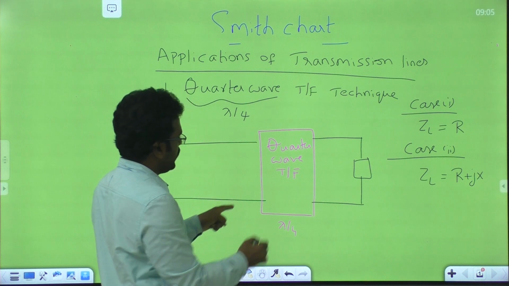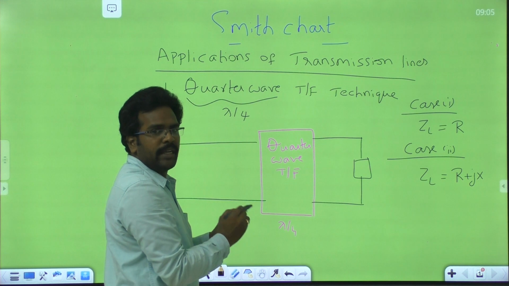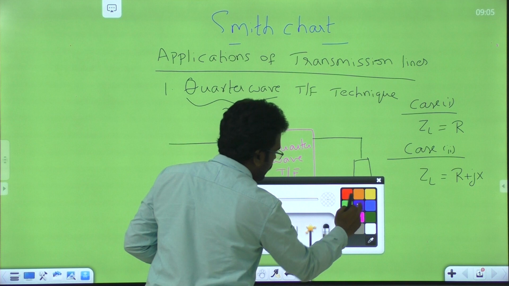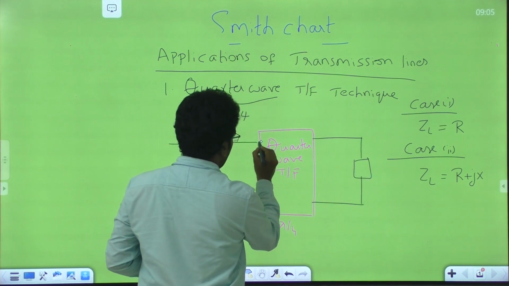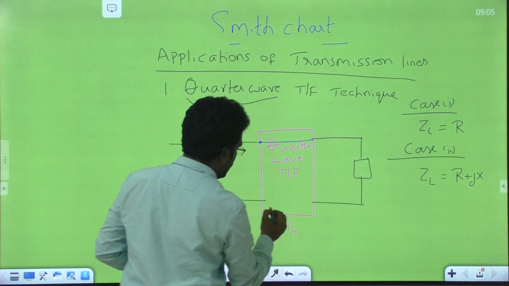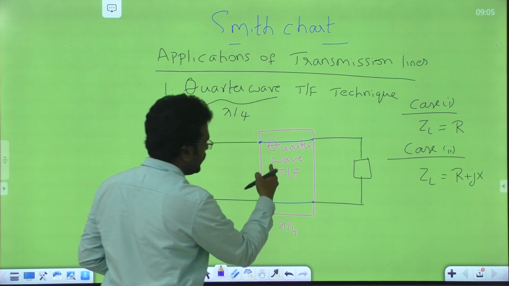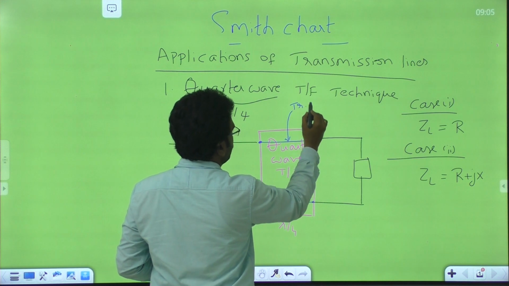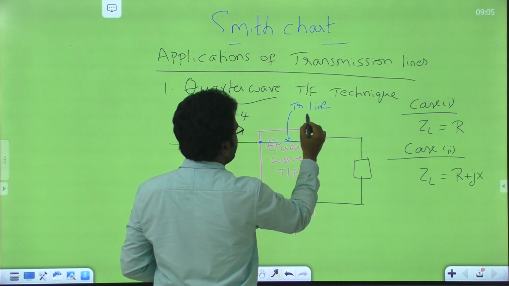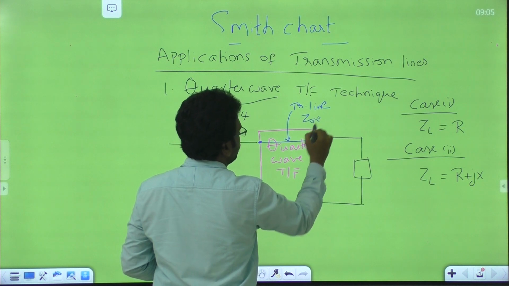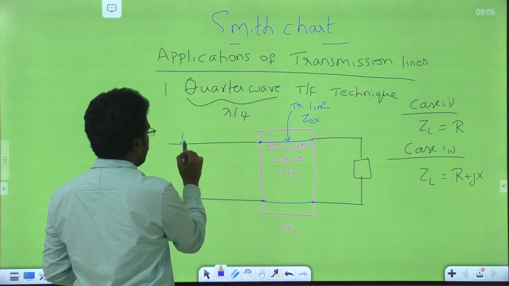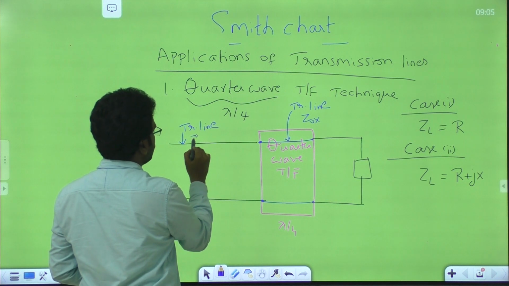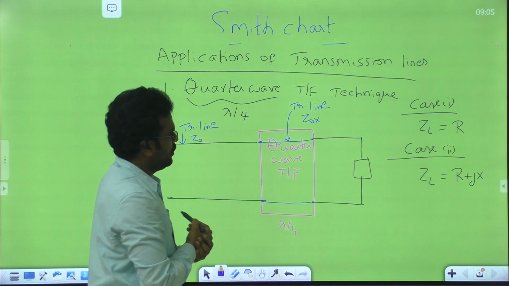It is not a box. I have taken it as a box, but it is a transmission line. This is also a transmission line of length lambda by 4, with characteristic impedance Z0X. This is also a transmission line, but of characteristic impedance Z0. So this is having